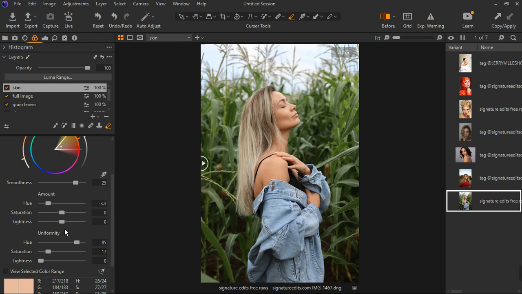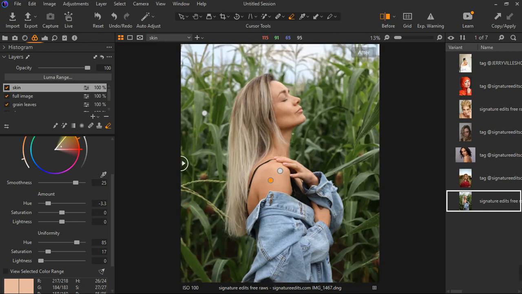Now if you want to increase the likeness, we need to increase the likeness because that is definitely how she's actually proud of her skin. So it actually needs to glow a little bit. I'm just going to increase the lightness of the skin tone, and then also the uniformity of the lightness, not too much, just a little bit. And then I'm not going to saturate it, because saturation makes it look